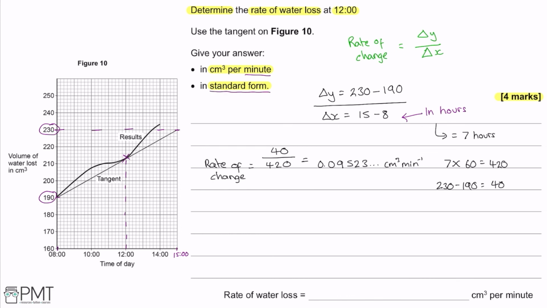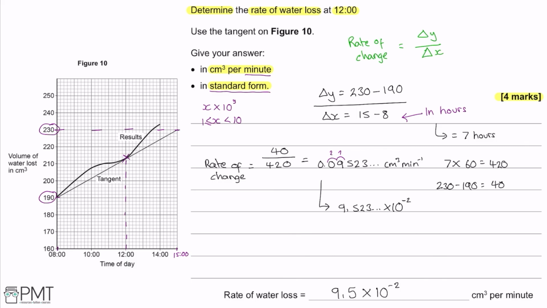But we're not done yet, we still have to put it in standard form. And standard form looks like this, it's x times 10 to the power of y, when x is between 1 and 10. So in this instance, we can write out our number 0.09523, and that becomes 9.523 times 10 to the power of minus 2. And we know it's to the power of minus 2 because that decimal point has moved 2 places to the